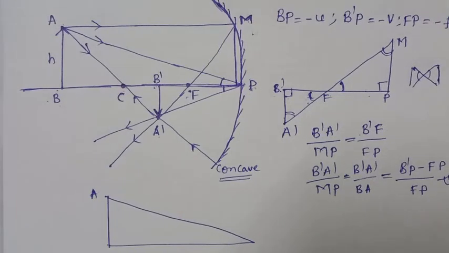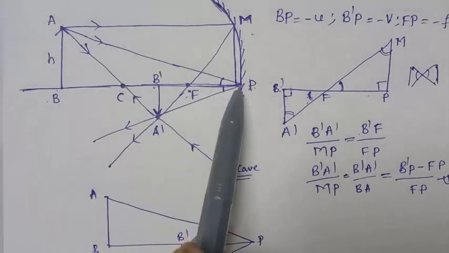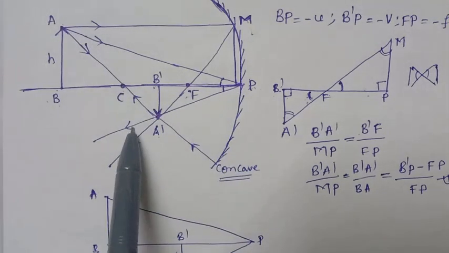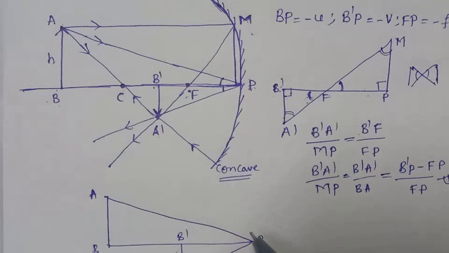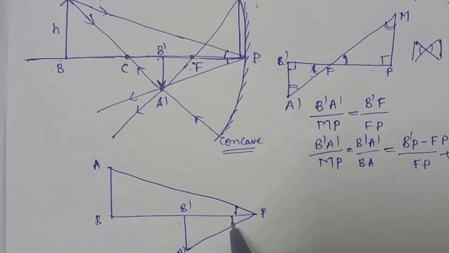It is a b p, and here for this b dash a dash p. Here it is the angle of incidence and it is the angle of reflection. So these two are same. If suppose here you can increase this angle, automatically this angle increases. Why? Because according to the law of reflection these two will be same.